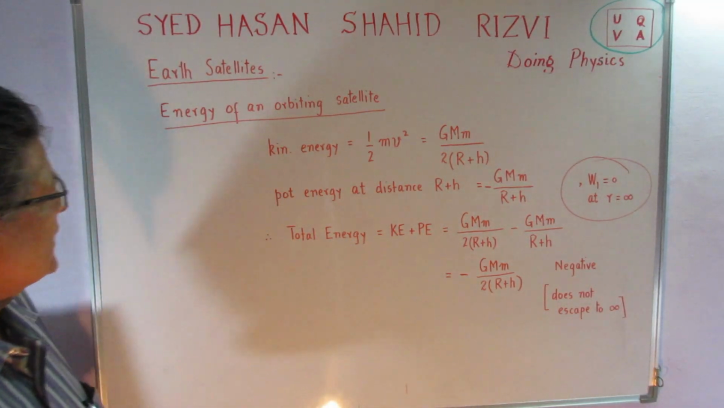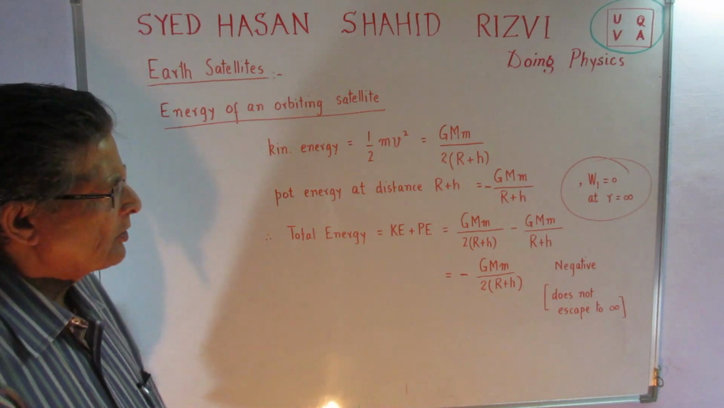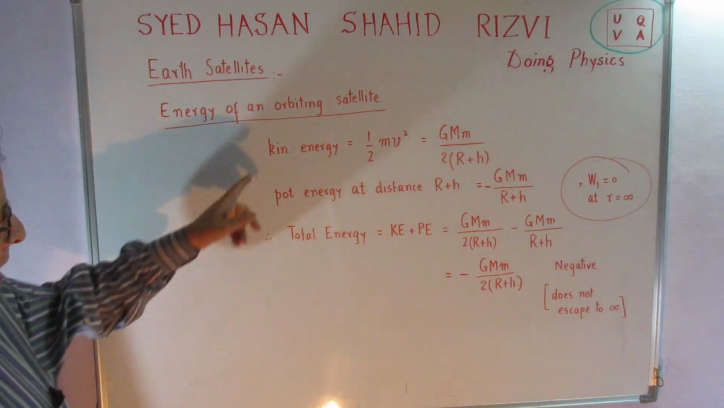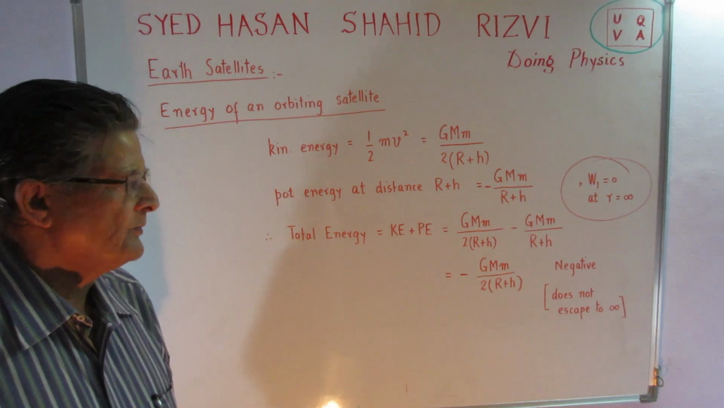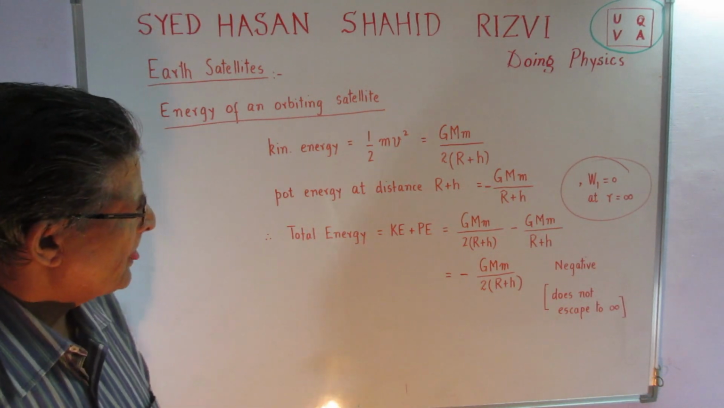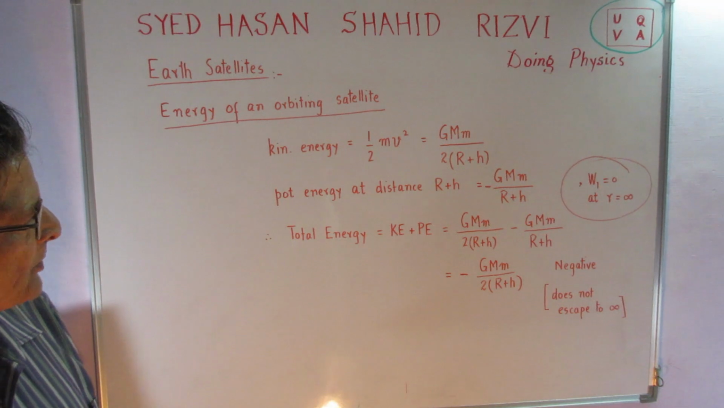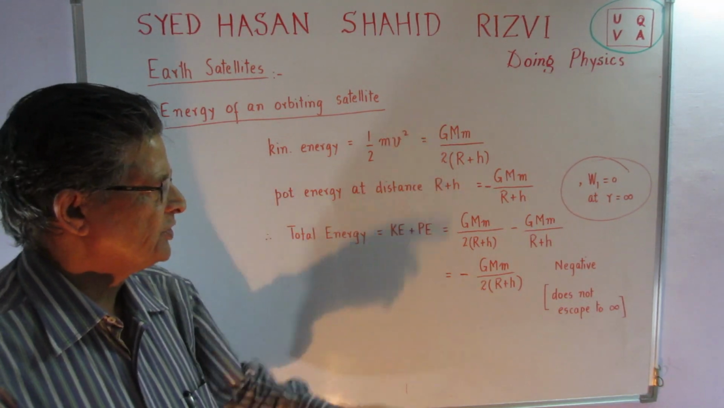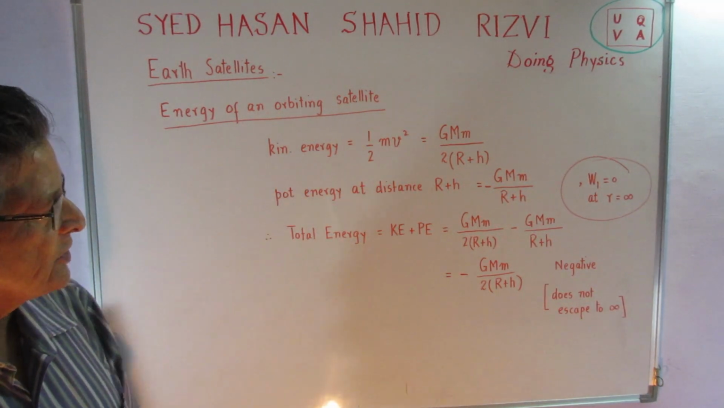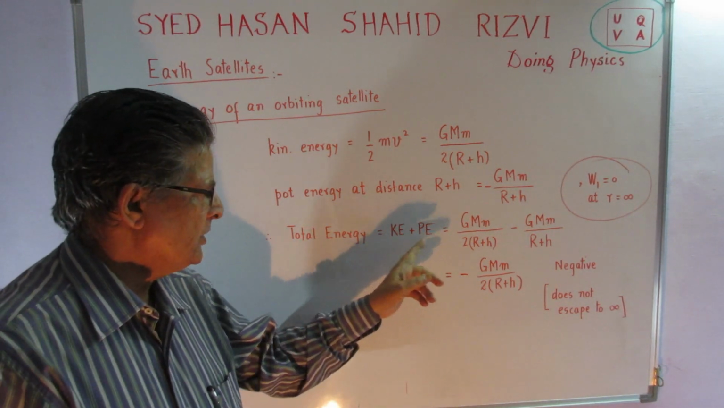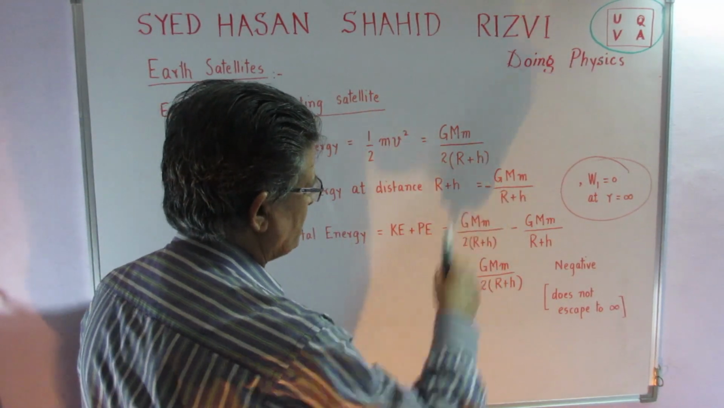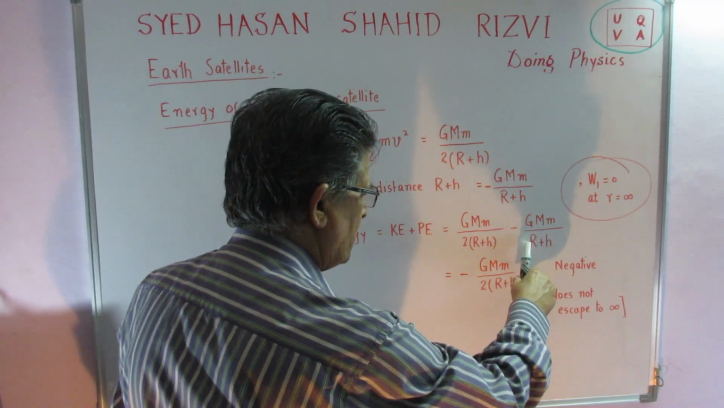So let us discuss the energy of an orbiting satellite, whether close to the surface of Earth or a geostationary satellite or whatever. So let us see that the kinetic energy of the satellite is equal to half mv square, which is equal to plus capital GM upon 2(r plus h). The potential energy at this distance r plus h is equal to minus capital GM upon (r plus h). So the total energy of the satellite is equal to the potential energy plus the kinetic energy, and if I put the values, then capital GM upon 2(r plus h) minus capital GM upon (r plus h),